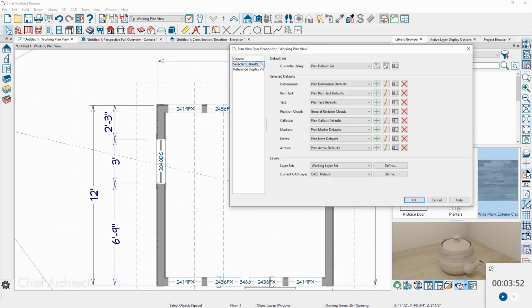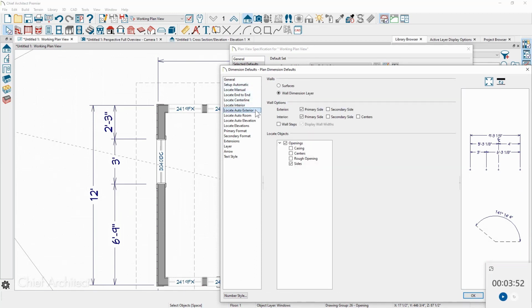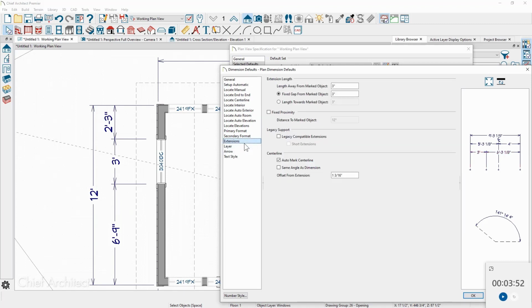And underneath the selected defaults, it happens to be we're using the dimensions for the plan dimension defaults. First of all, let's go down to the automatic exterior dimension. Right now it's set up to be sides. If you wanted to change that to be centers, you could select the center option, and then extensions itself, if